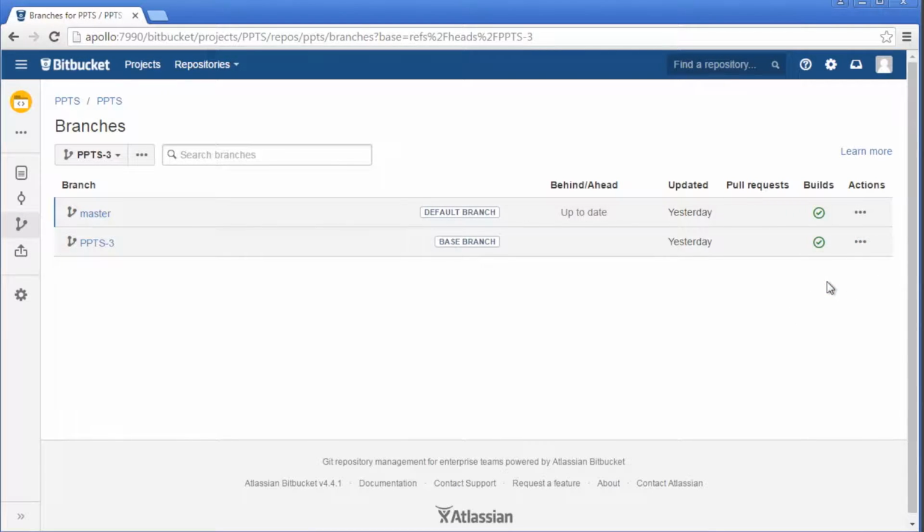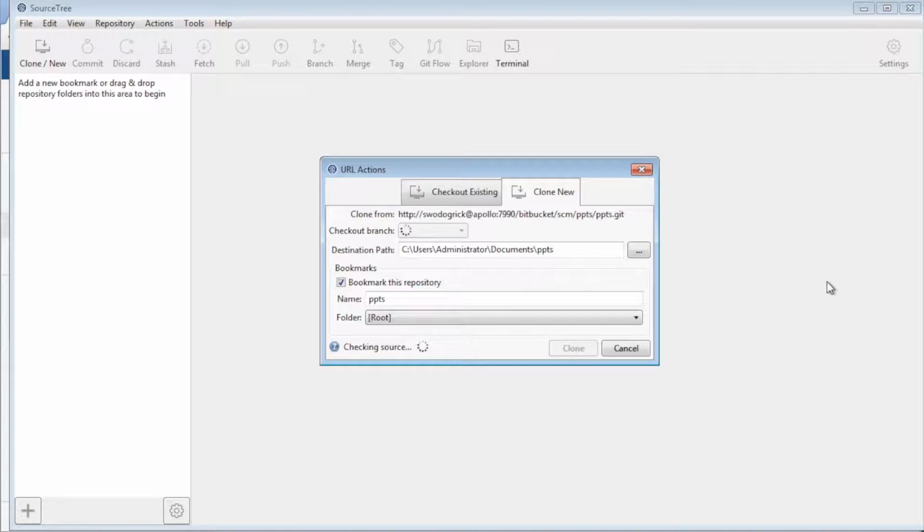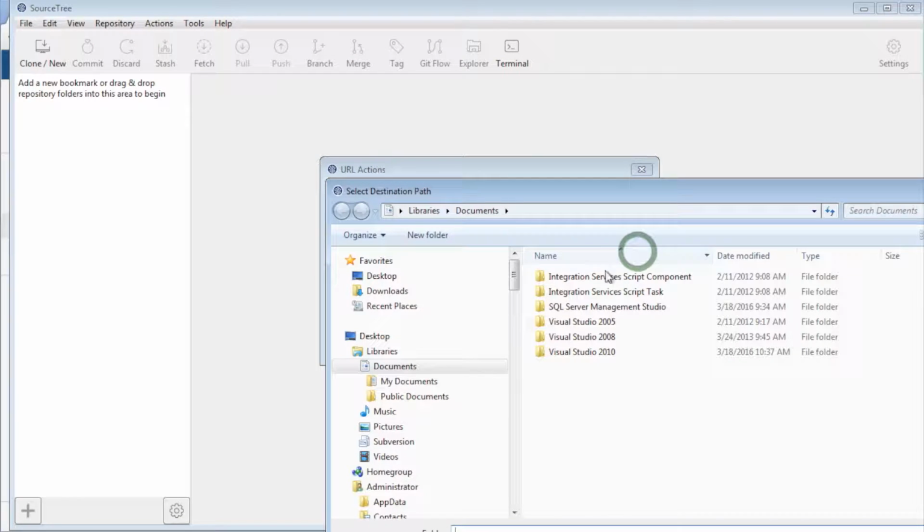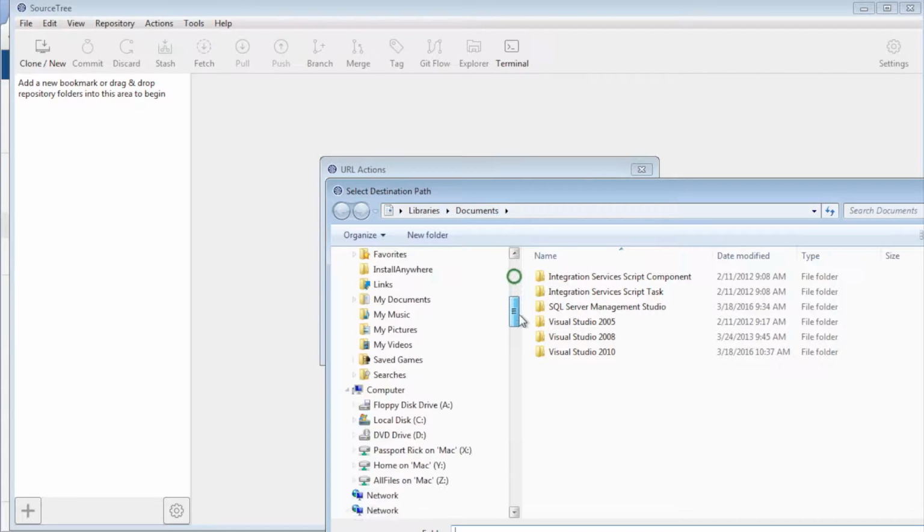So it's going to pull up my client on my Windows 7 workstation, source tree client, right here. It's going to say clone new. So if you can visualize, we got two branches on the server. I'm getting ready to pull off the PPTs3. I'm going to click right here so you can see the halo. I'm going to pull off, clone PPTs3, and I'm going to tell it where to put it on my local